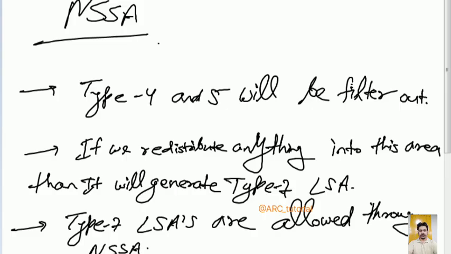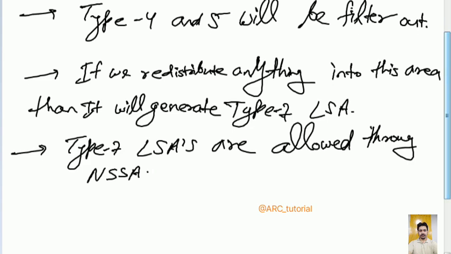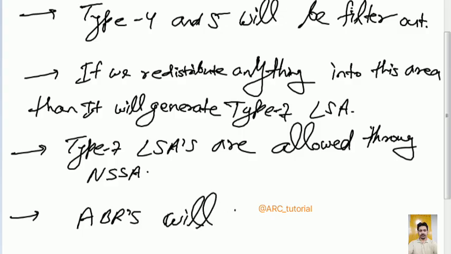No. If you redistribute anything into an NSSA area, I mean NSSA, not so stubby area, then it will directly generate only and only type 7 LSA. And type 7 LSAs are allowed through not so stubby area, I mean NSSA. Fine. Then also you must remember, after filtering type 4 and 5 LSA, ABRs will not inject